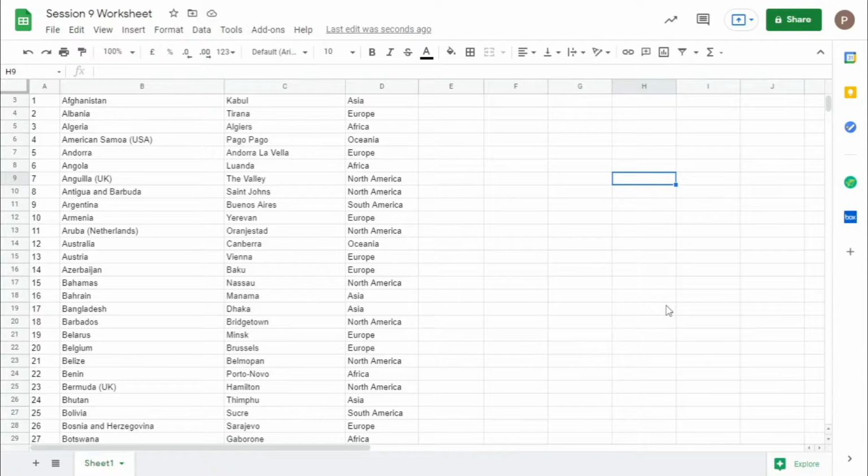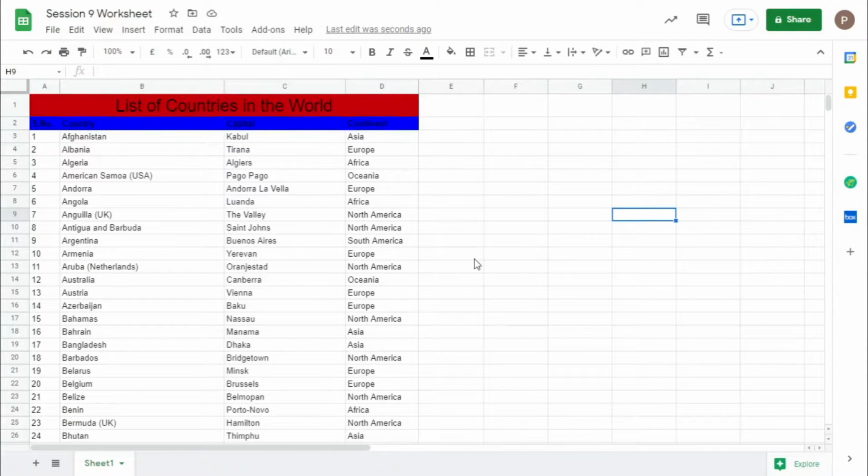In the previous session we learned the lookup functions and all. In this session we will learn about some data validation techniques: what is goal seek, how to apply filters, what are the uses of filters, and we will learn about data tables. So let's start. First, let's start this session with what a filter is.